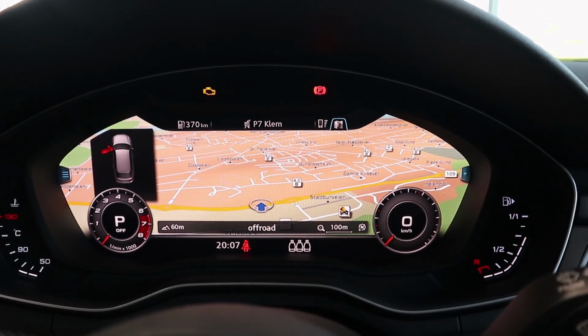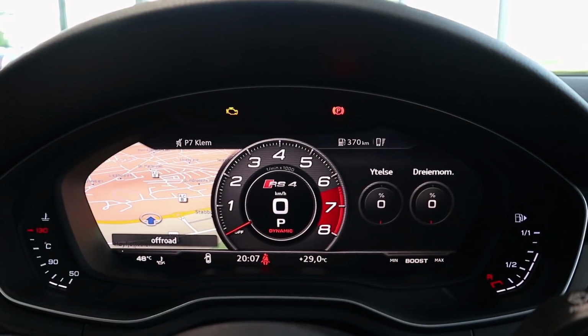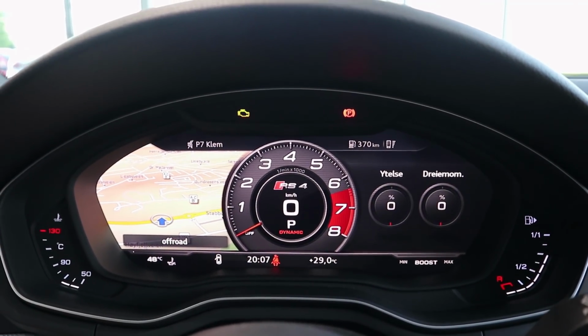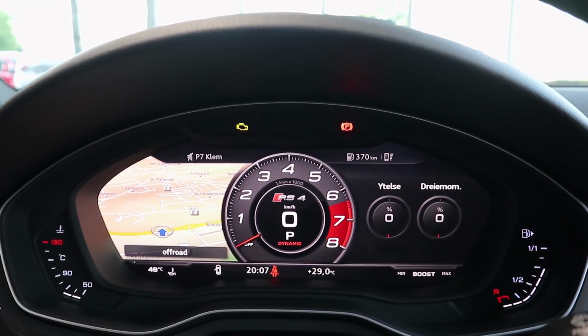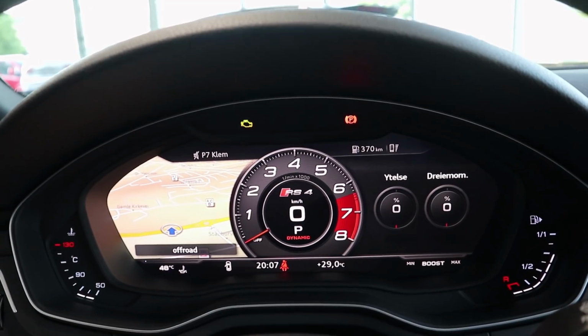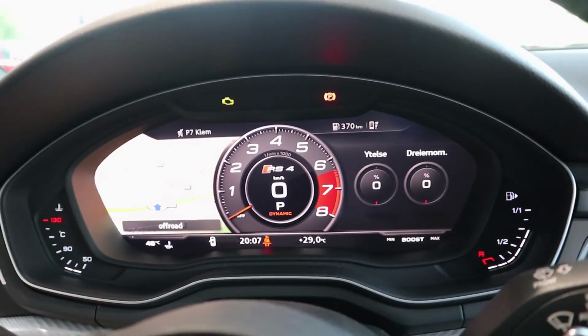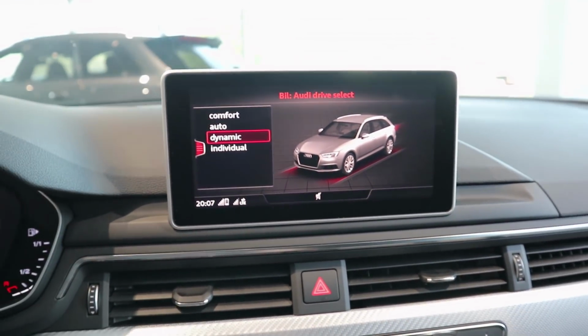And as I said so many times before, this is, you know, the best digital gauge cluster in the business. And then here, typical and exclusive to the RS cars, you have the tach in the middle, and then you have the map on the left there, but you can also change that. There we are scrolling. I'm not too familiar with how this works, so we'll hop over to the, I do apologize,